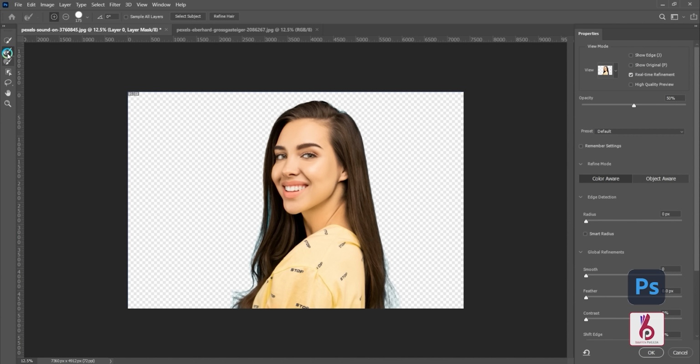Remove background option gives us a mask which is further used to refine our hairs. If we right click on the mask and select the Select and Mask option, we can easily refine our hairs by going to the above refine hair option or by using the refine edge brush tool.